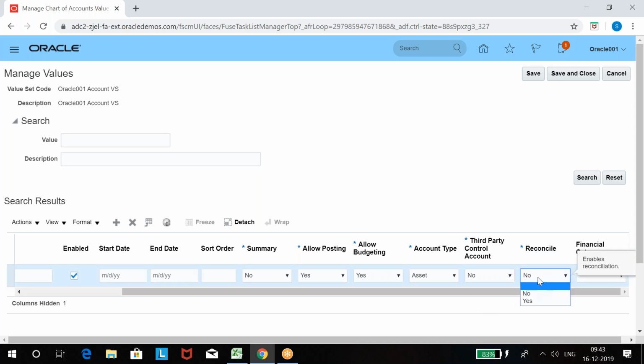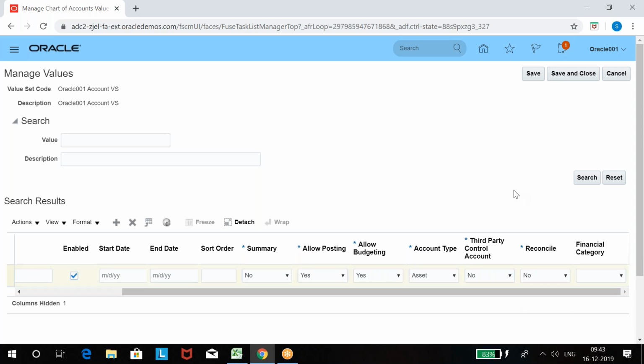Reconciliation, yes. See, this reconciliation we use for subledger reconciliation. How many of you understand subledger reconciliation? AP to GL. See, in accounts payable, we do transactions and we transfer journal entries to GL. When you process an invoice, when you process a payment, there will be journal entries for the invoice and payment process, right? All those journals need to be transferred to GL.